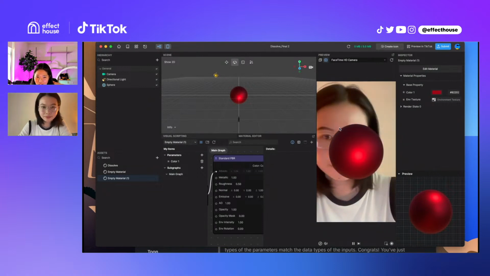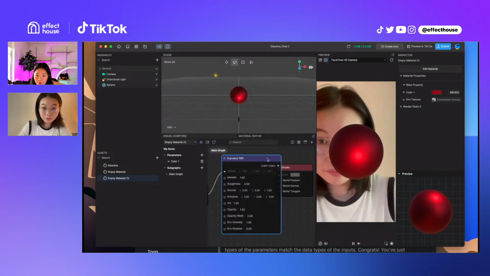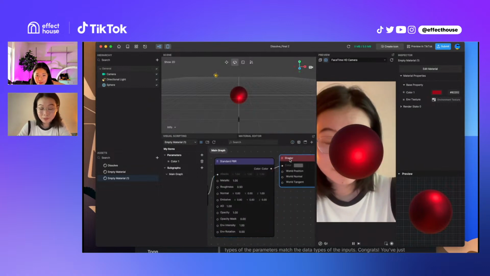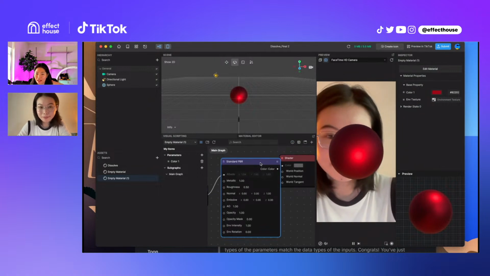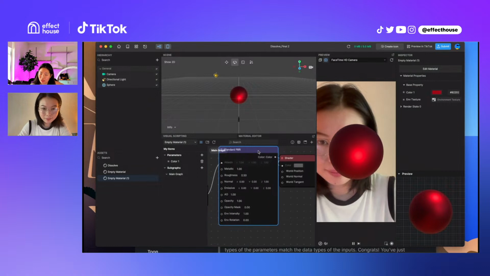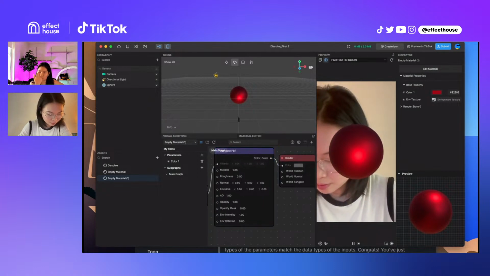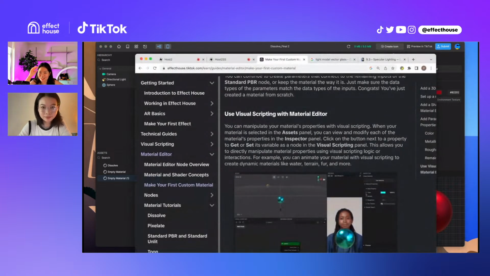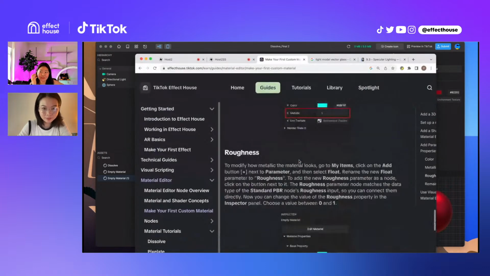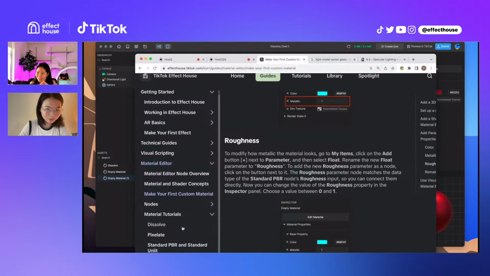Alberto asked a really good question. Is there a way to get the skin tone in a variable to be able to use it in a color as a material? And yes, there is a material editor node that allows you to sample the color of a UV coordinate, but it is best practice to pull from multiple different spots and blend them all together, because the person might have a mustache, or they might have bangs, or they might have cheek blush that changes the color. So it is best to pull from different spots and blend them